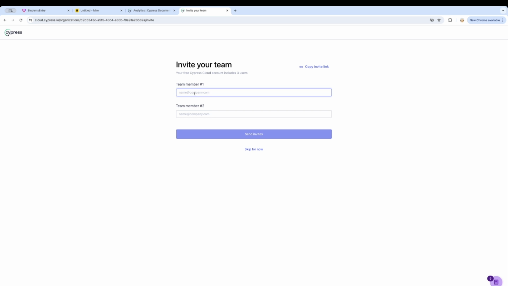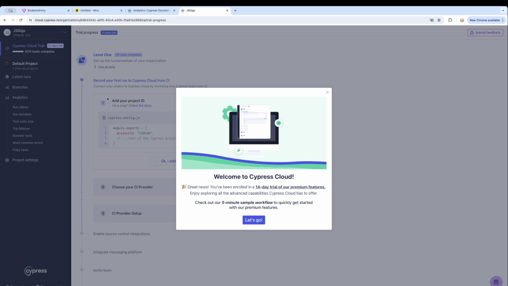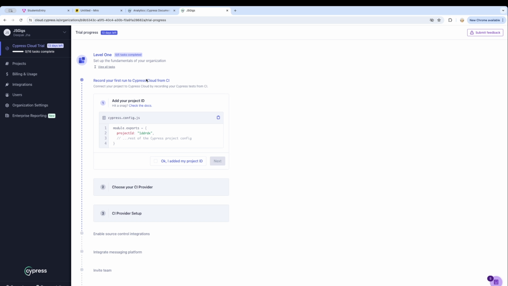Here you have an option to basically look at the team members. So when you are looking for the free account, it allows you to have 3 users per Cypress Cloud, and it is also eligible only for the 14 days. Post that, you will have to really pay for it. I don't really have any other team member at this moment, so I'm not really writing down the name of those team members. I'm just going to be moving forward. So what I'm going to do is, I just click on the skip for now section, and here you go. So this is the paid feature of Cypress,